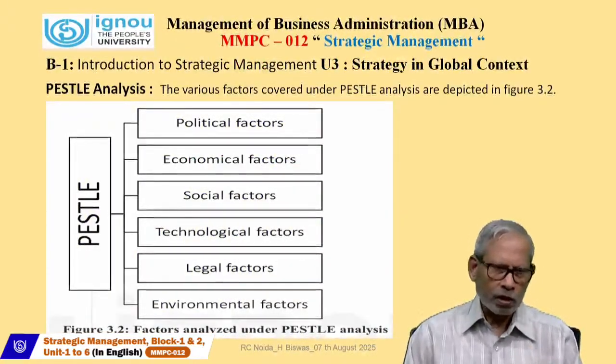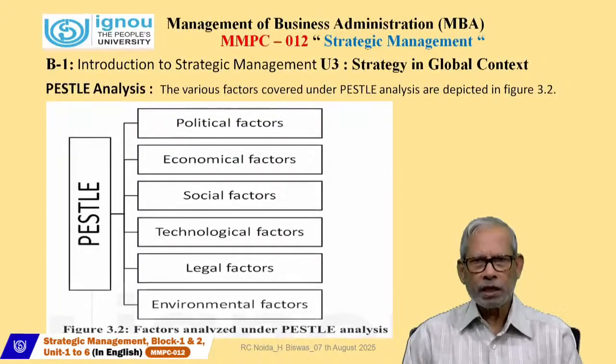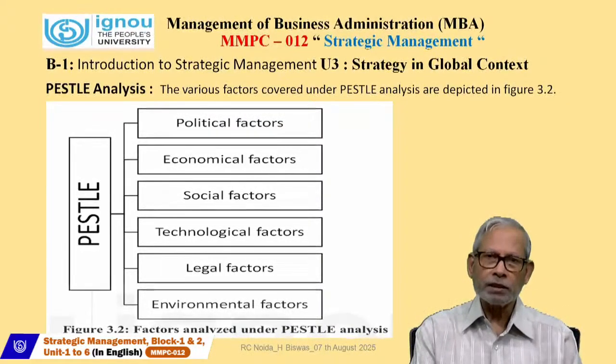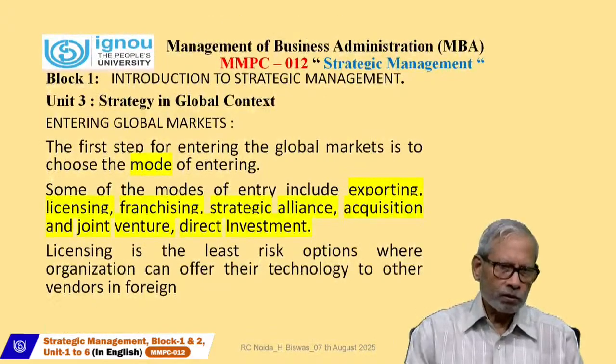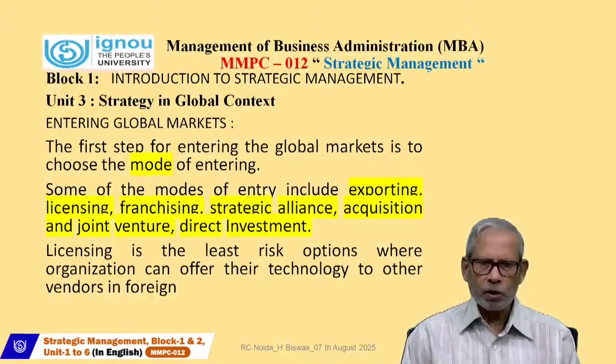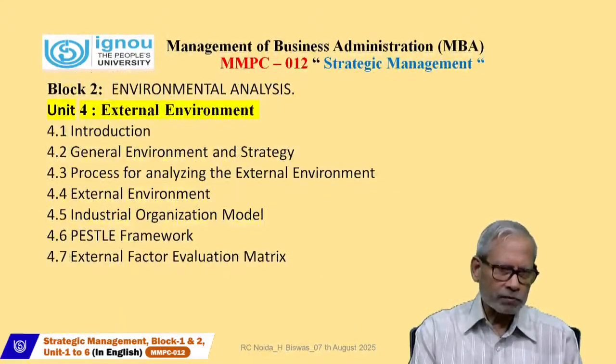That is your political factors, economic factors, basically what are the factors to analyze. So this area is very important to get feedback or ideas. Then only can we enter the market better. Some of the modes are there. Basically, the ways you can enter, as I said, are exporting and licensing, franchising, strategic alliances, acquisitions, and direct investment. We have already covered these things.